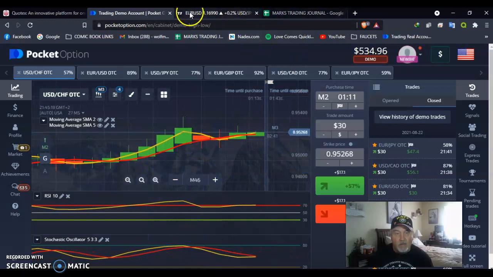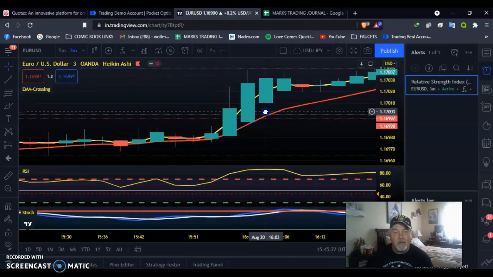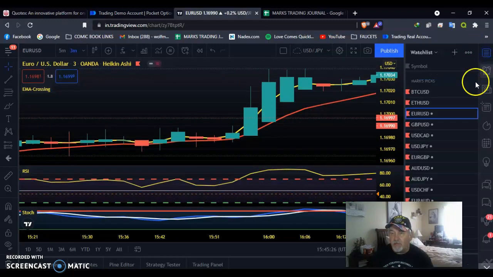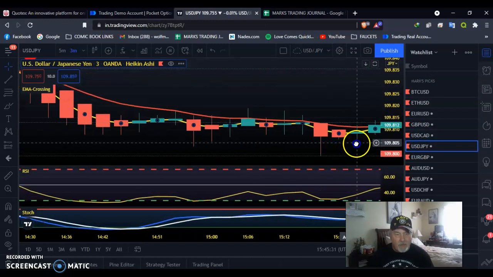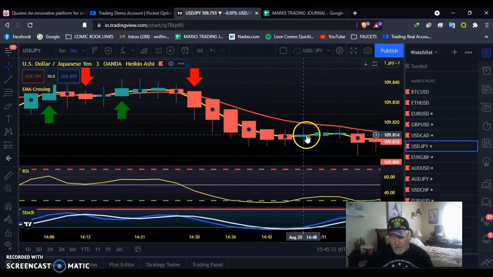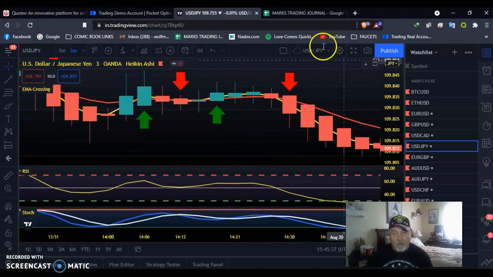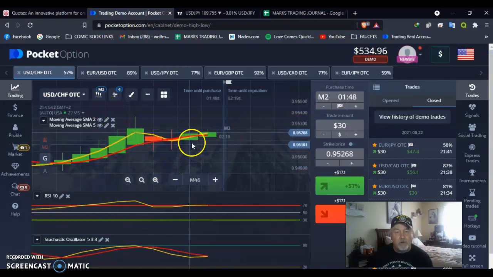If we go to my TradingView, we can actually see that right here. Let's go to a different pair, say USDJPY. As you can notice, it's a lot cleaner. You can actually see the downs and the ups. Now, what we look for when we're doing these trades is we want to look for the